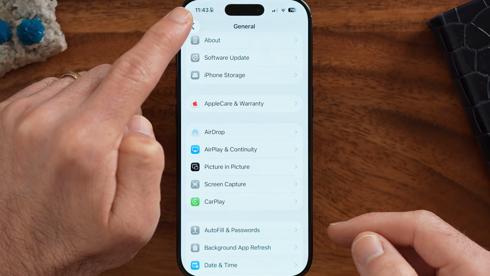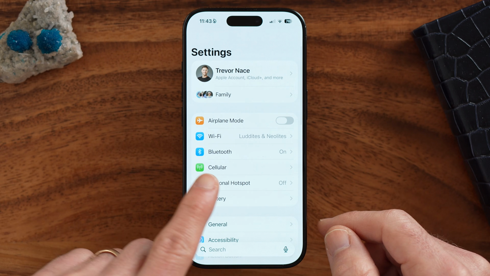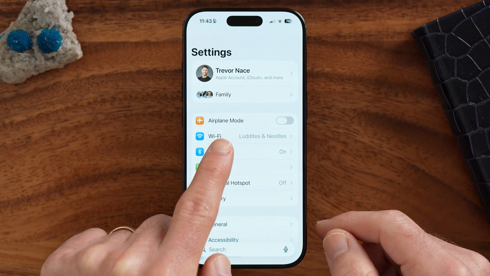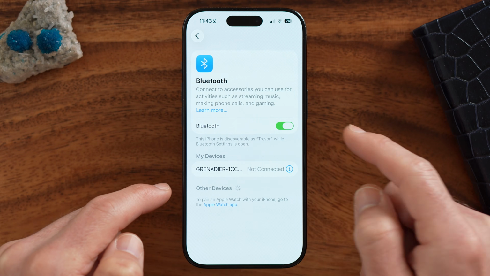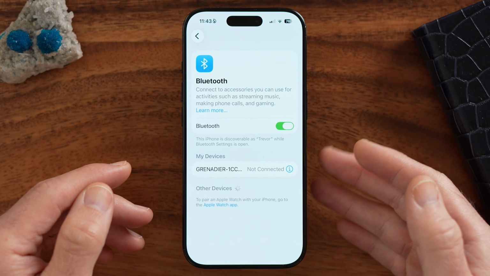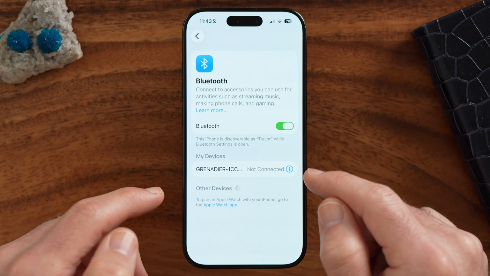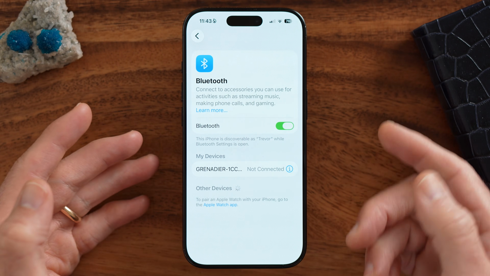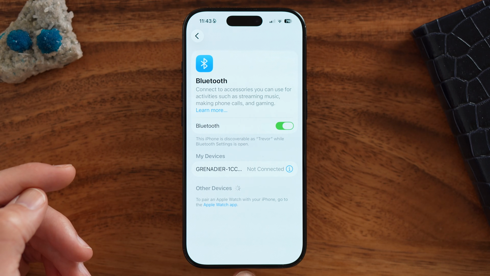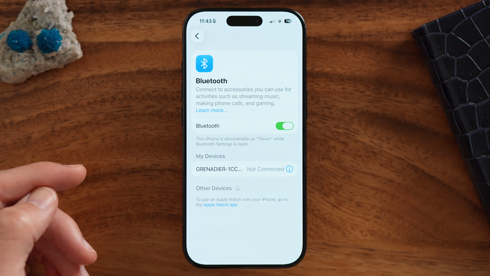Now, if you go through these steps and it still doesn't work, let's go back to the beginning, and a troubleshooting step is tap on Bluetooth and make sure, of course, this is turned on. This sounds simple, but this is how your phone connects to your car. If it is through wireless CarPlay, it's through Bluetooth. So if that is off, make sure it is turned on. Or if it doesn't have wireless CarPlay, you might need to physically connect a USB-C cable from your iPhone over